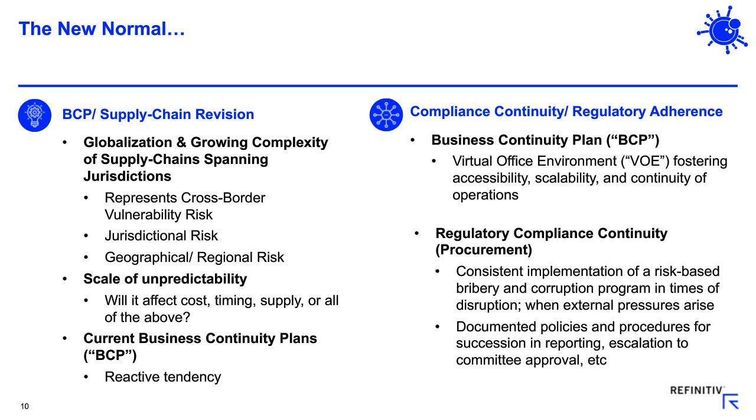As we spoke about briefly earlier with disruptions, they're not only geopolitical in nature. Obviously, there are cross-border vulnerabilities with a biological epidemic like this, or a natural disaster, or even some kind of man-made aspect of things. Obviously, with our BCPs and supply chain procurement processes, the scale of unpredictability is there, as is evident with our current situation, and we need to get away from being reactive.